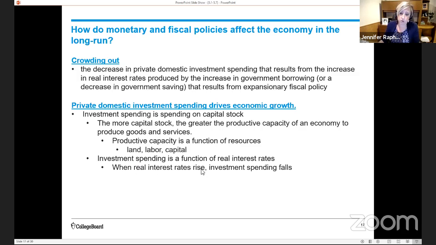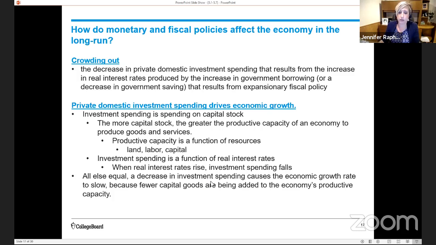So when real interest rates rise, investment spending falls. And so all else equal, a decrease in investment spending causes the economic growth rate to slow. And the reason why is because fewer capital goods are being added to the economy's productive capacity. One of the most important long-run implications of fiscal policy for the purpose of AP Macro is understanding, all else equal, that the increase in real interest rate that can be triggered by expansionary fiscal policy may crowd out private